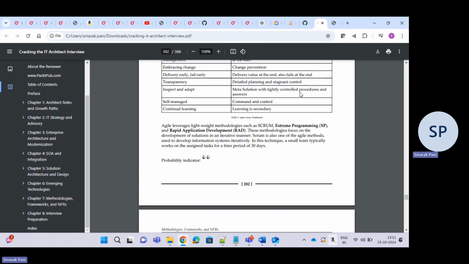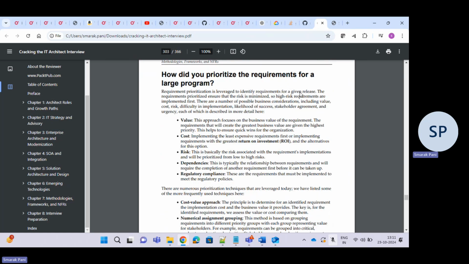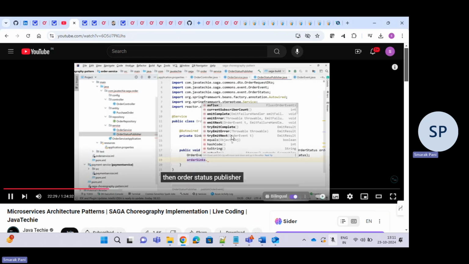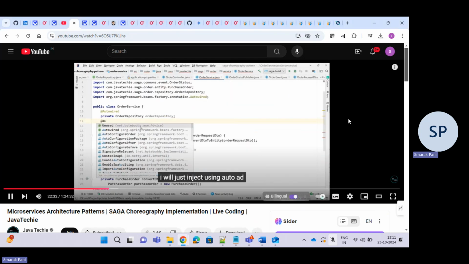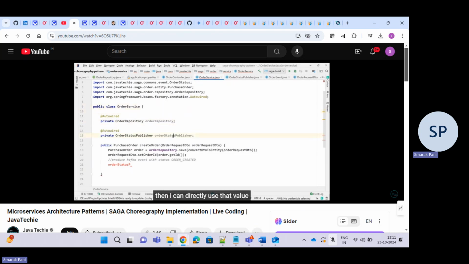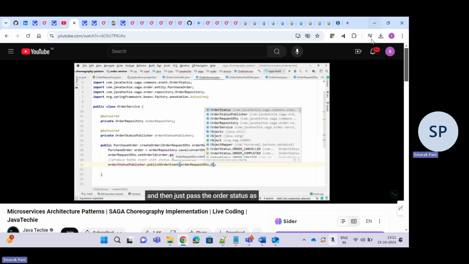Then go to the order service, and here you can simply write OrderStatusPublisher. First I need to inject that, so I'll use private OrderStatusPublisher orderStatusPublisher, and inject using @Autowired. Then I can directly use that value: orderStatusPublisher.publishOrderEvent, and just pass the OrderRequestDTO, and then pass the order status,